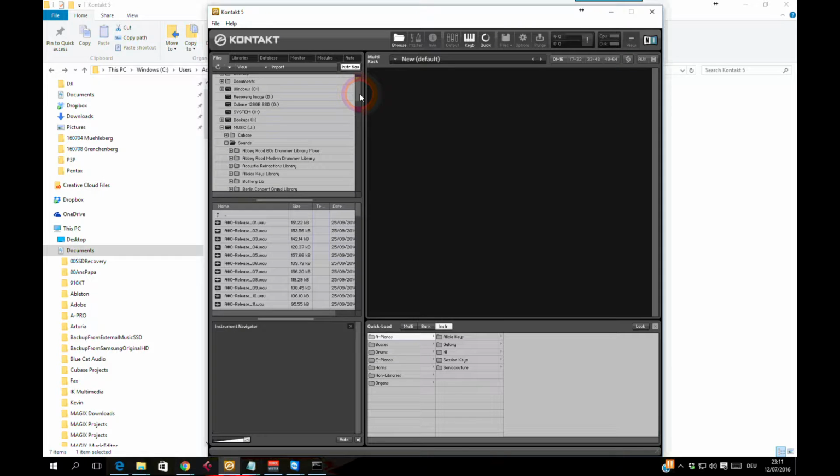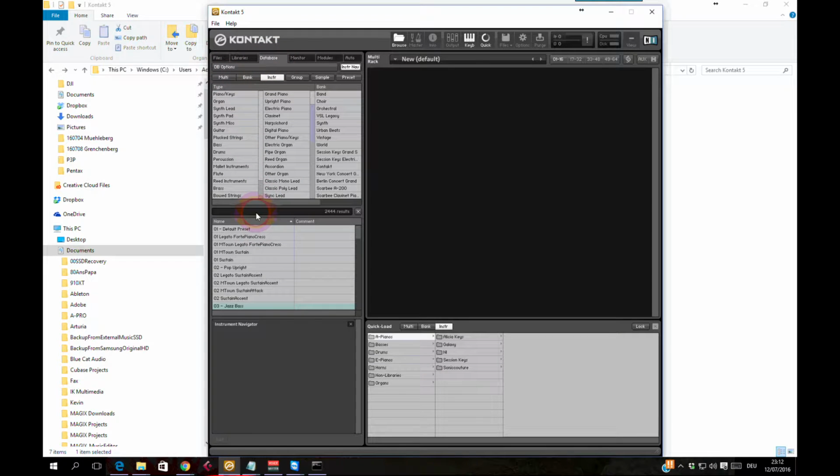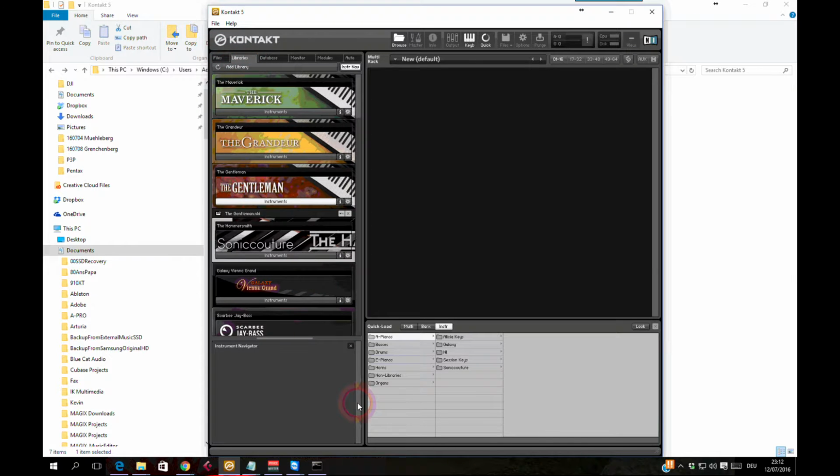But still, when you want to load some instruments which are not in libraries, then you have this files or database system, and of course you can find them by searching. For me it was more handy to use the Quickload to organize my sounds in different categories, and then load out of the libraries, with different hierarchies of organization